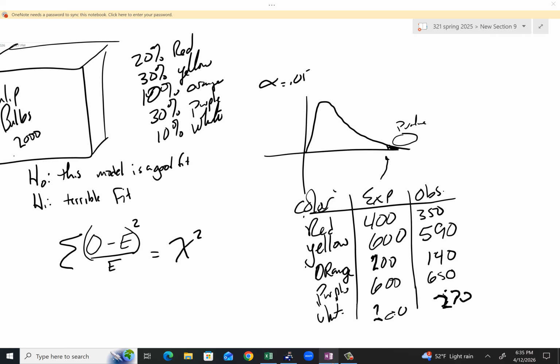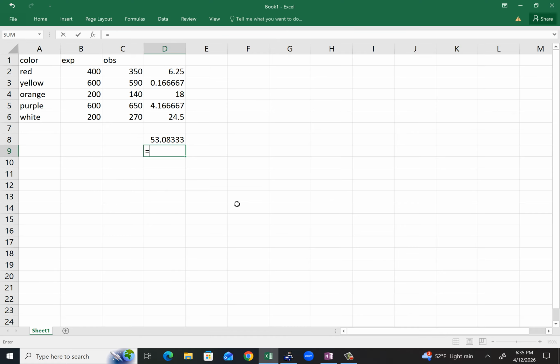That number, friends, is this spot right here. The question is, is it far enough over so this p-value is less than 0.05? That's the question. And so what we're going to do is equals chi-squared dot dist. Now, we can do this a couple different ways. I'm just going to do it this way first. Now, what's our degrees of freedom? We had 1, 2, 3, 4, 5 colors, 5 categories minus 1, 4 degrees of freedom, and